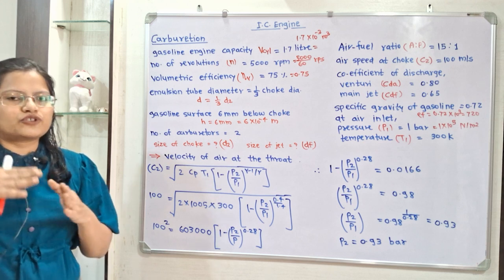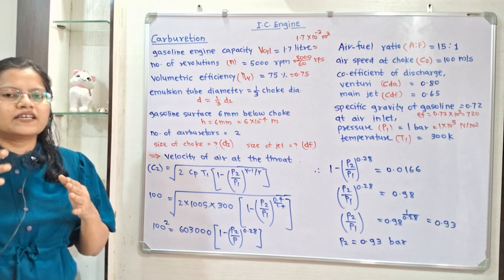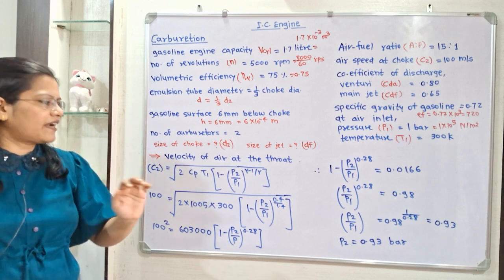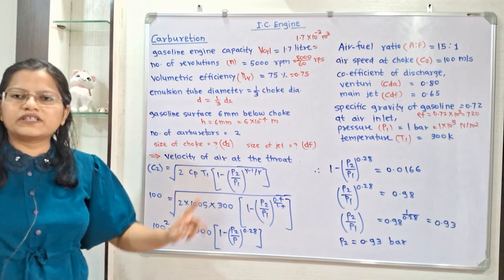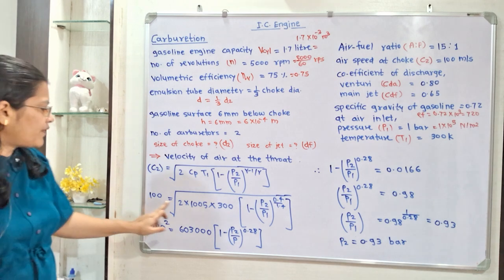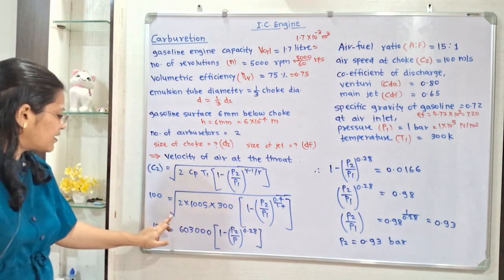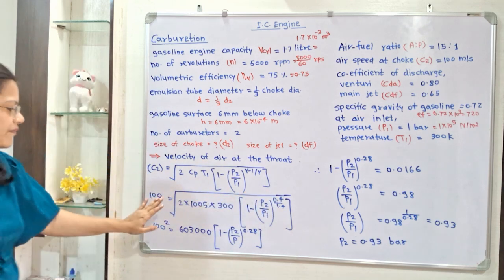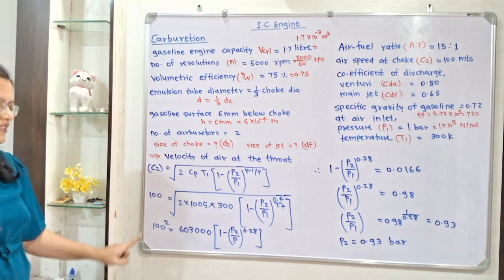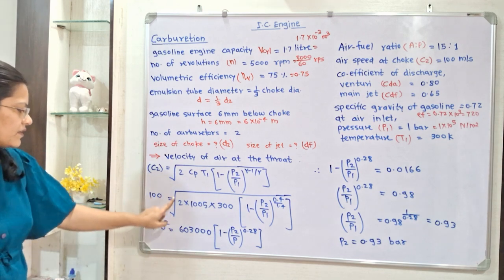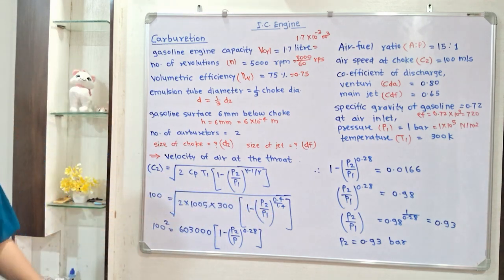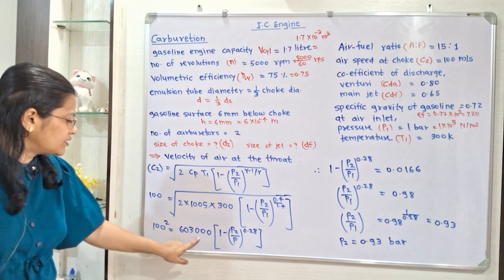So this is the ratio of specific heats, that is specific heat at constant pressure and specific heat at constant volume. So its value is 1.4. Now we will put the values. When we put the values, here is the square root. So we will remove the square root by squaring on both sides. So here is 100 squared, and when we square the right hand side, this square root gets cancelled. So when we calculate this, we will get